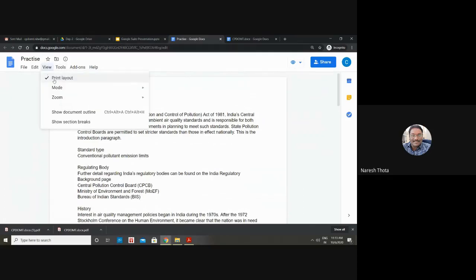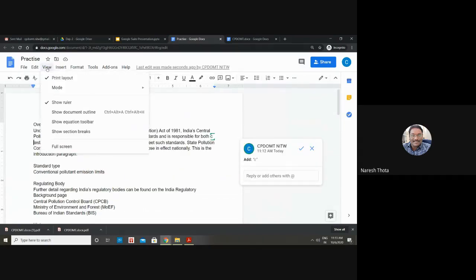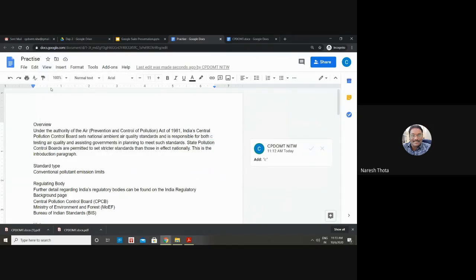I'll go back to my editing mode, where I'll do the operations one by one. The other one is show ruler. You see there is a ruler at the top with two things. One is the left indent at the bottom, and there is a slight rectangular thing, which is the first line indent.